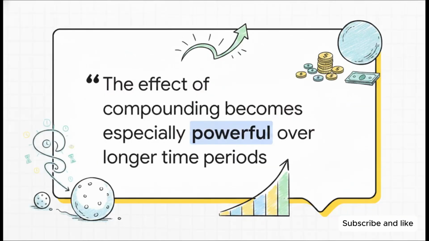Which brings us to the actual secret ingredient that makes this whole concept explode, and that is time. As you can see from the quote, the effect of compounding becomes especially powerful over longer time periods as the amount of earned interest becomes larger and larger. What we just saw with that $76, that was literally just the very first rotation of the snowball. As decades pass, the principal swells, the interest payments swell along with it, and the curve of your wealth generation bends sharply upward. Time is the asymmetric multiplier that turns a tiny difference into an absolutely massive financial gap.